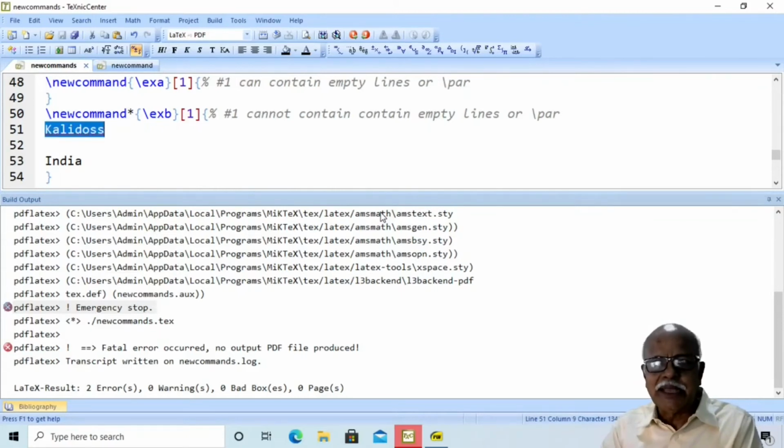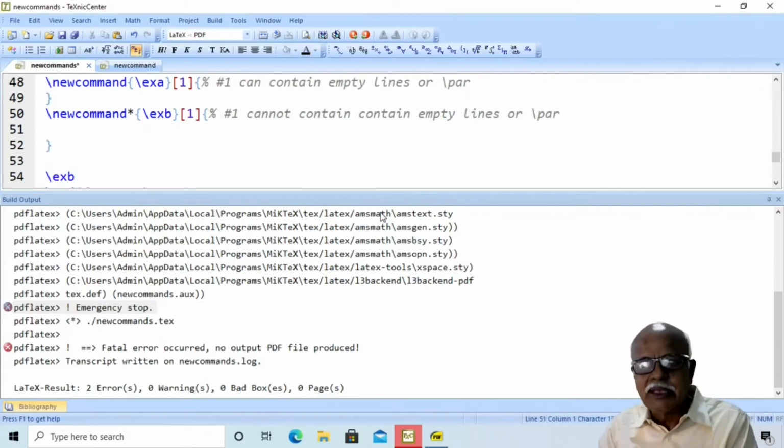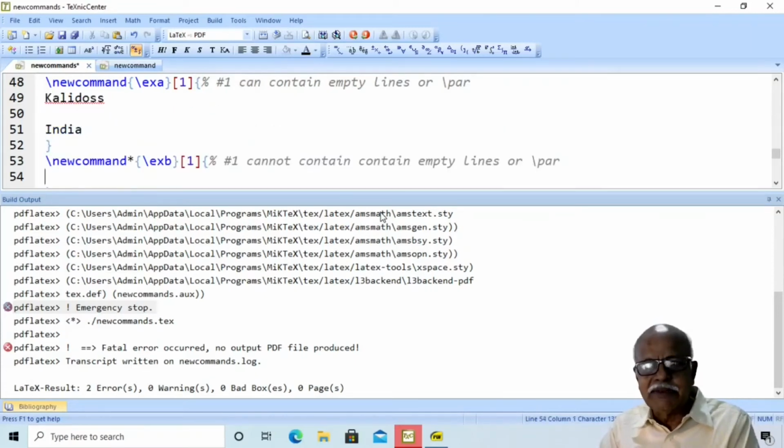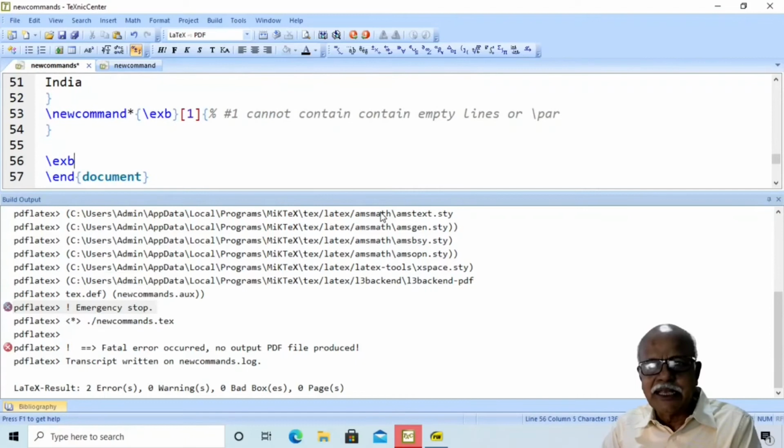At the same time, \newcommand itself can contain empty lines. I will say \exa.